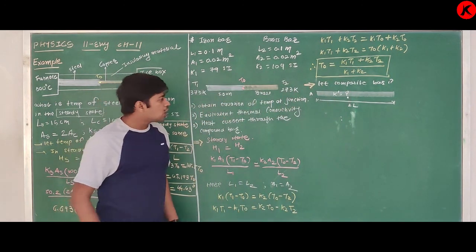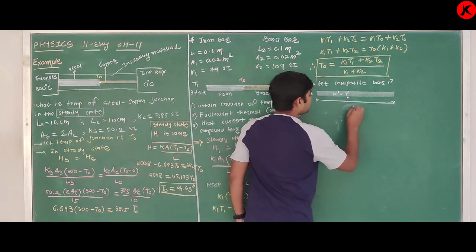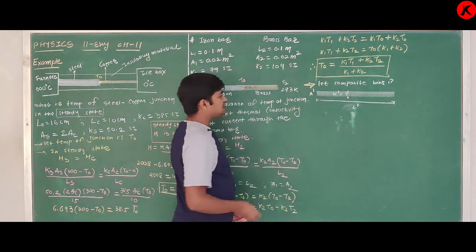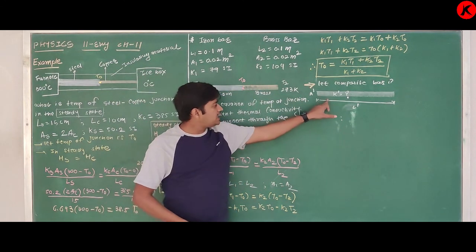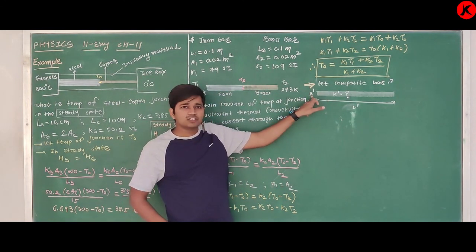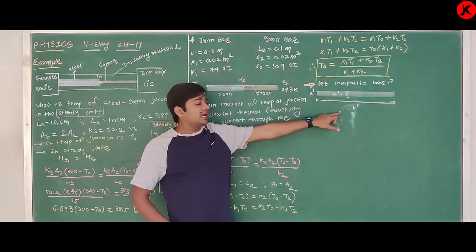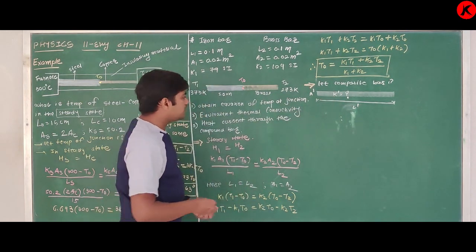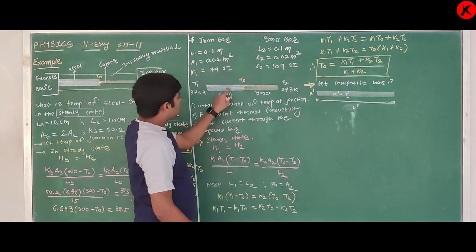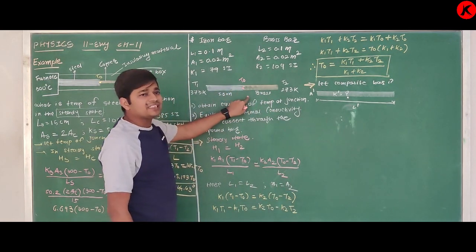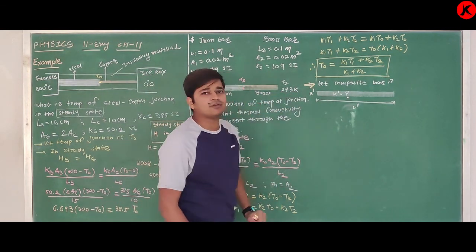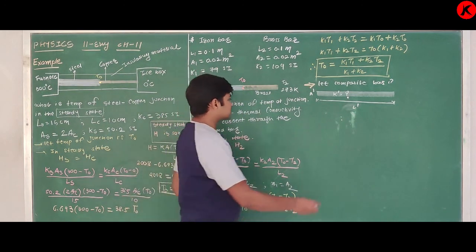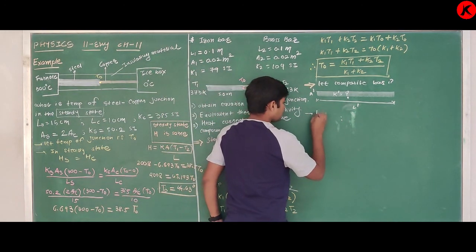Yes or no? Yes. Or if I want to represent each and everything, that it is K dash, that it is A dash. Let this composite bar have cross sectional area A dash, length L dash, and thermal conductivity K dash. Then how to make the relation? See, as these two bars are in series connection and it is its equivalent, with the help of the equation of resistance I can write, let